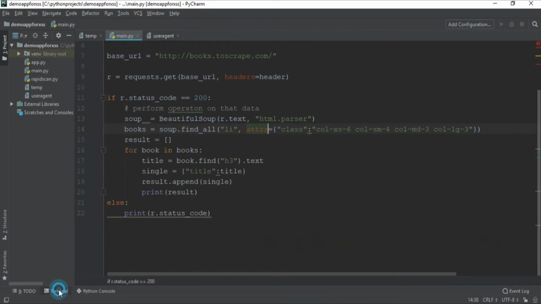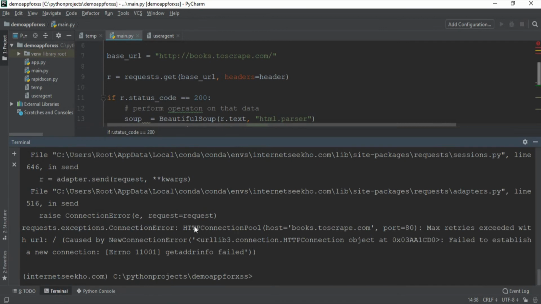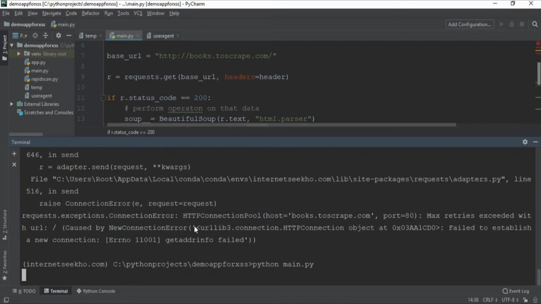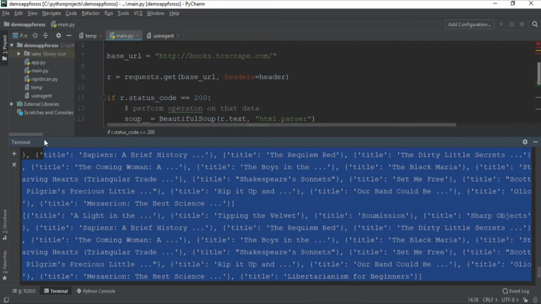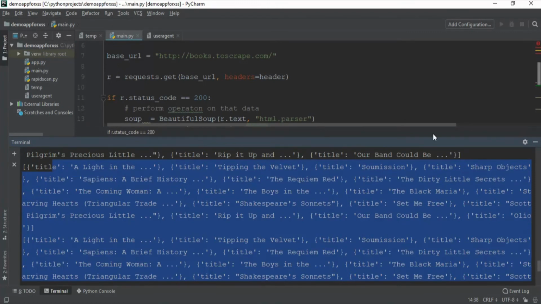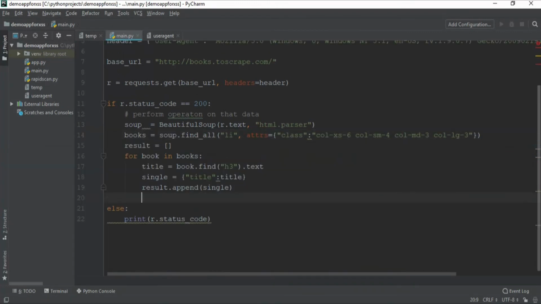I think it might be the issue of the internet. So let's try to run it again, python main.py. So we have received all of the titles that you can see from the books. Okay. So now that we have printed the result and everything works fine, let's basically store the